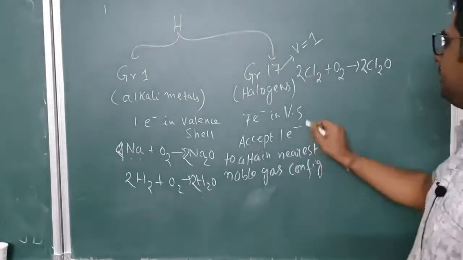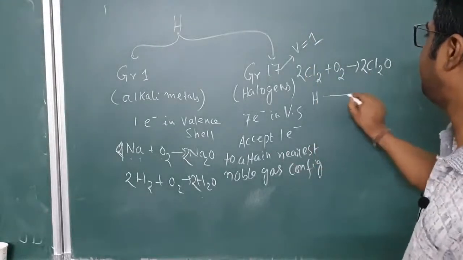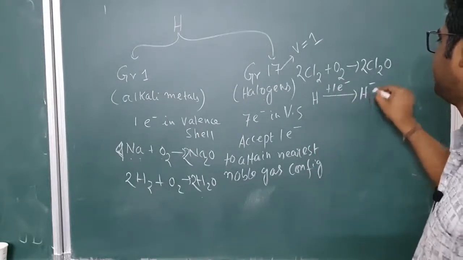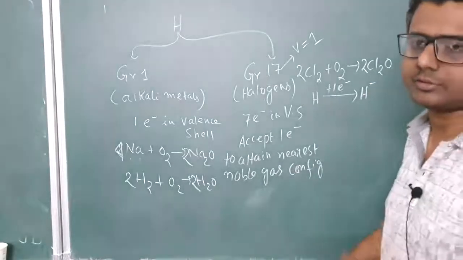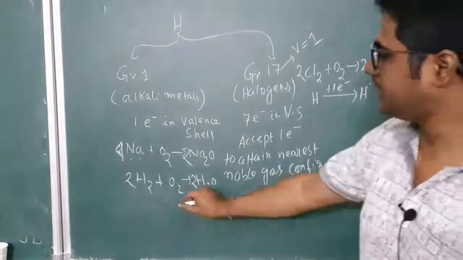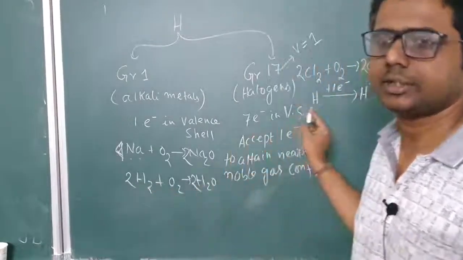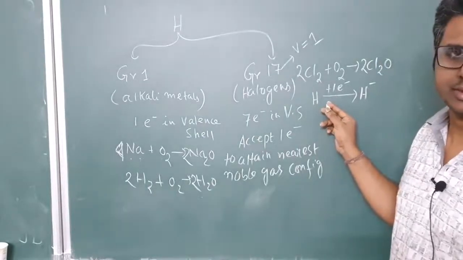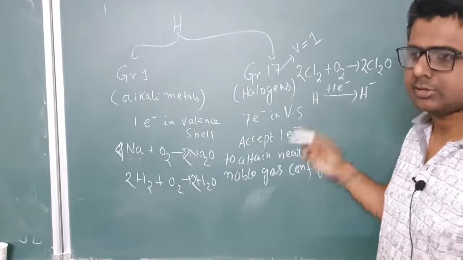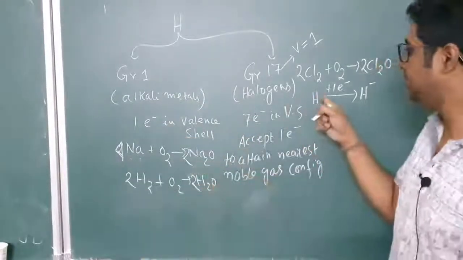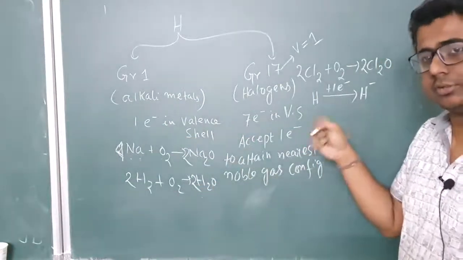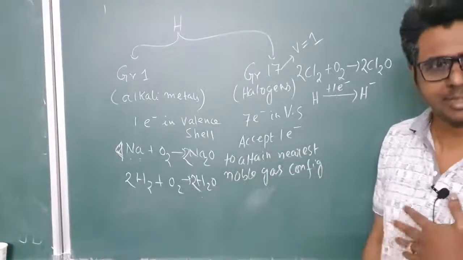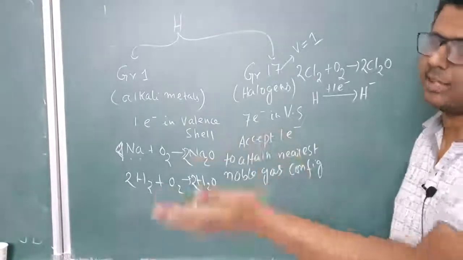Now let's see this one. When hydrogen forms hydrides, it accepts one electron. Now this is acceptance of electrons. In the earlier case, hydrogen donated electron. In this case, hydrogen accepted electron. So what is this process? Reduction. Anybody who accepts electron oxidizes others. Hydrogen got reduced, but it oxidizes others. Because the electron is a bad thing, he has accepted the electron, so basically he has helped others.